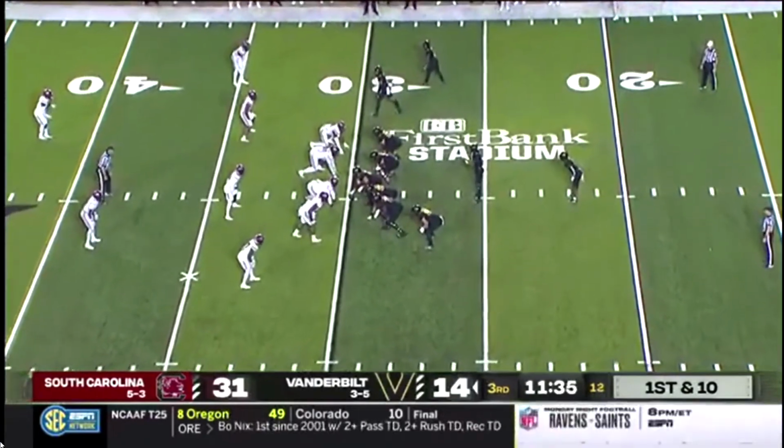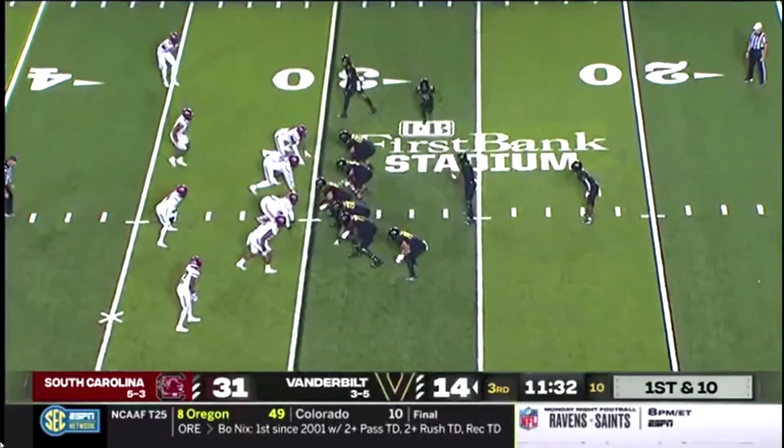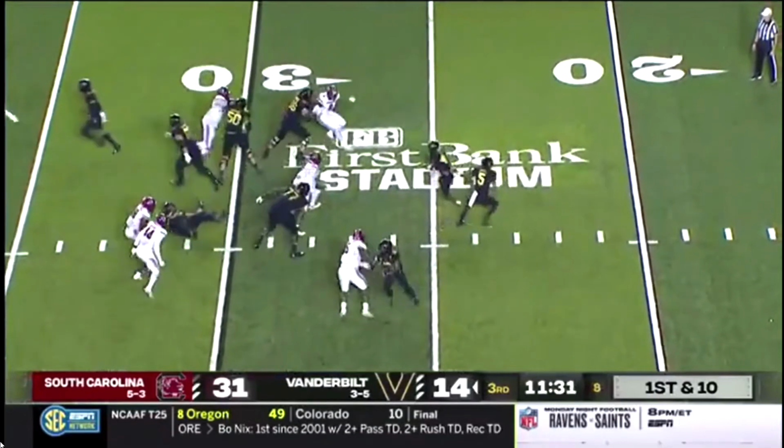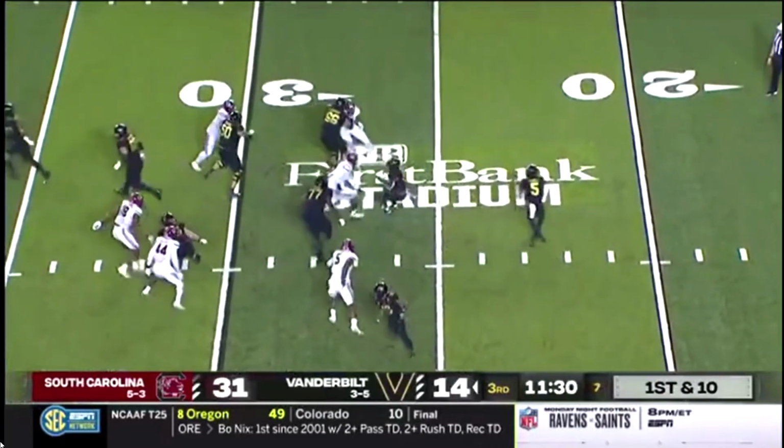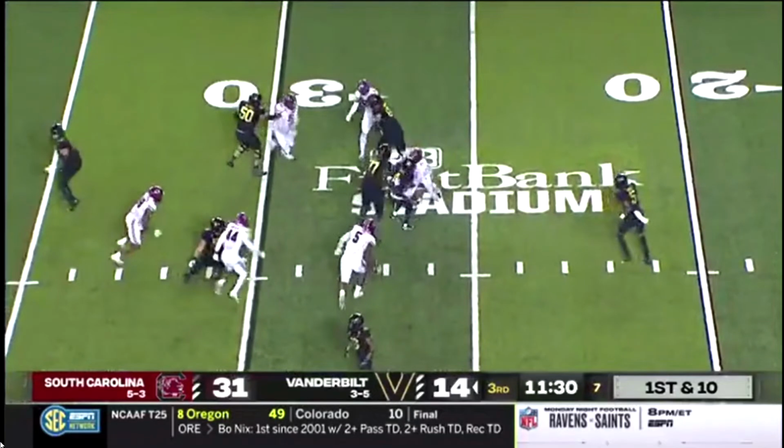So to me, I'm not going to say, hey, he's every play. It's never every play, guys. I mean, once again, we talk about this. The offense has a job to do too, and it's to make plays as well. But yeah, Zach Pickens gets in the backfield yet again and shuts this play down. And yes, this is Vanderbilt, but I see this game in and game out. Now, obviously, Zach doesn't always make the play,